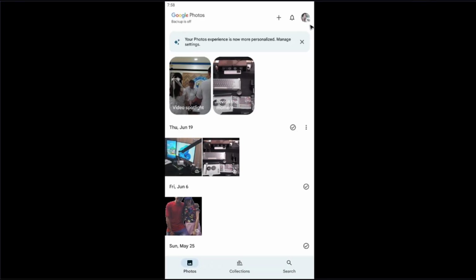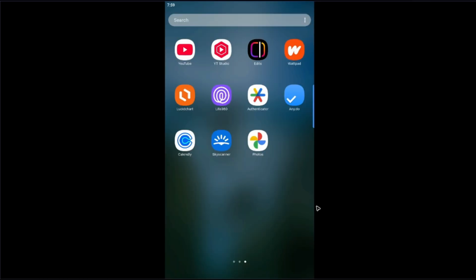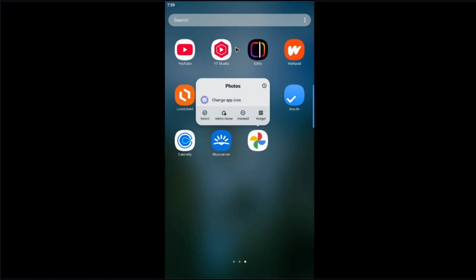And when you check your profile, there will be a cloud with a slash. That means that the backup is turned off. Okay. And if you want to, you can go ahead and uninstall the Photos app as well,